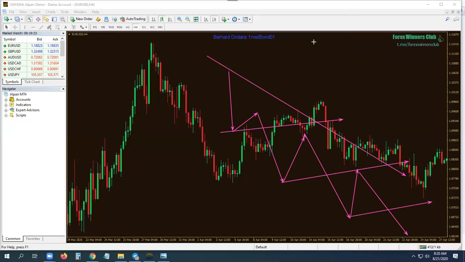So if you are a pullback trader, you will not trade when the market is breaking your support. You will wait for it to come back to your support here, then trade. You will not trade when the market's breaking the level immediately. You'll wait for the market to come back to your level, and you'll place your trade when the market is coming back to the same level. Now, that's when you become a pullback trader. If the market comes back and gives you a signal there, you can exactly do the selling.